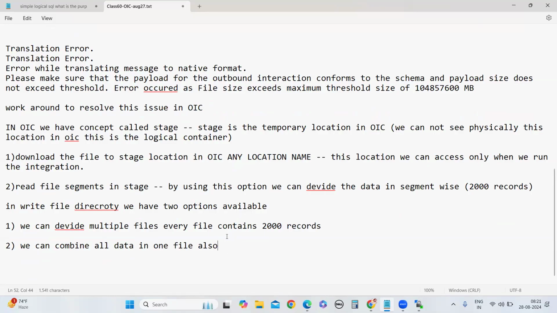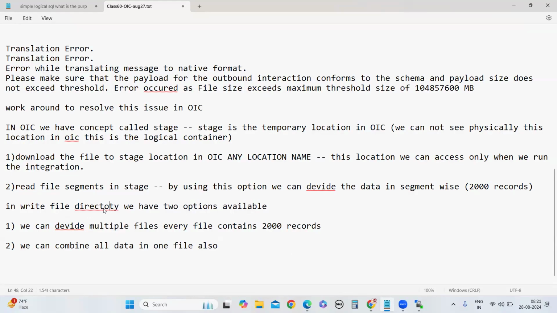We can ask the client whether they want every 2000 records sent as separate files, or all of it combined in one file. Some clients want it divided and will access those files from their system, or some want all the records put into one file and sent to the third party system. I will show you both ways.